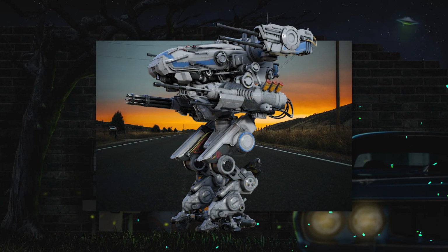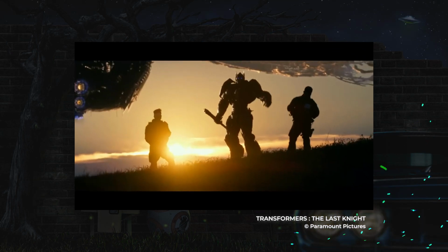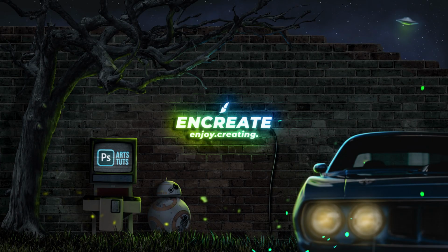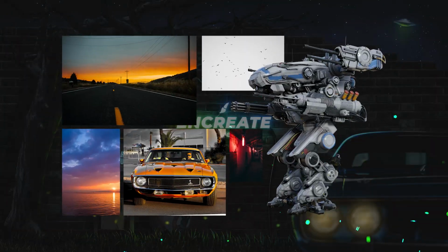For inspiration, I referred to this scene from Transformers The Last Knight, as it perfectly fits my requirement of giant robots with the sunset. About the composition, it's fairly simple and is made up of all free stock images, so